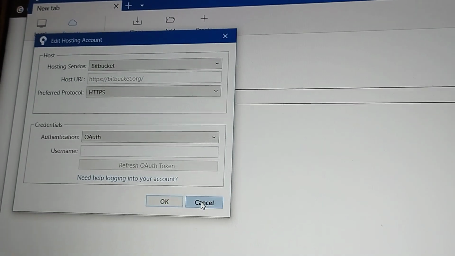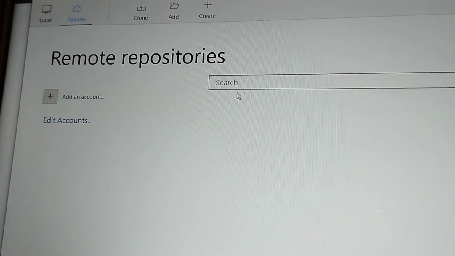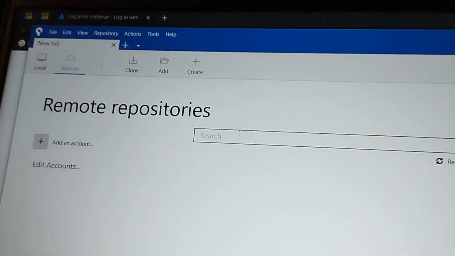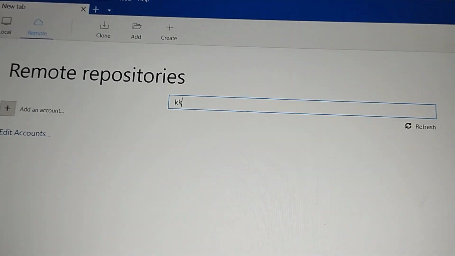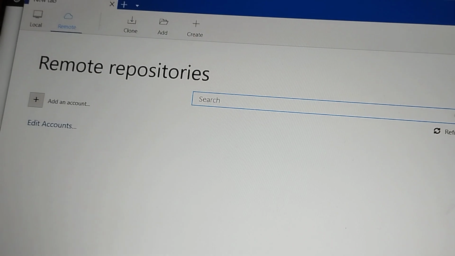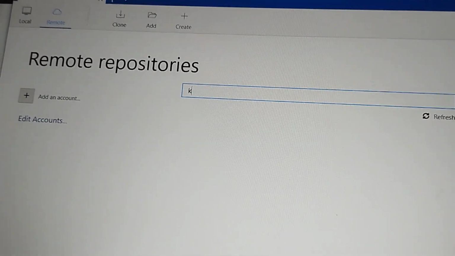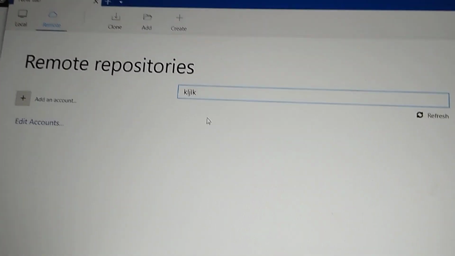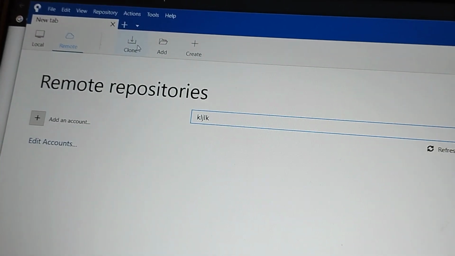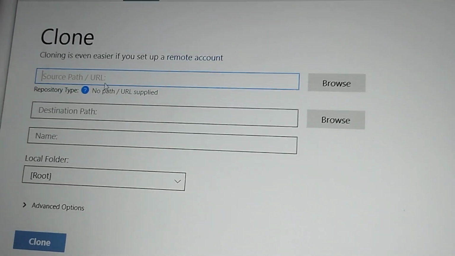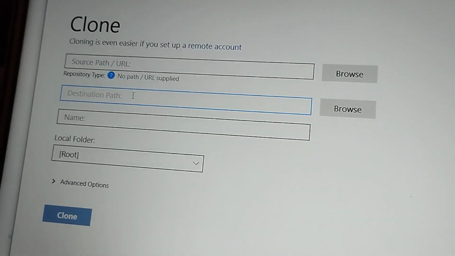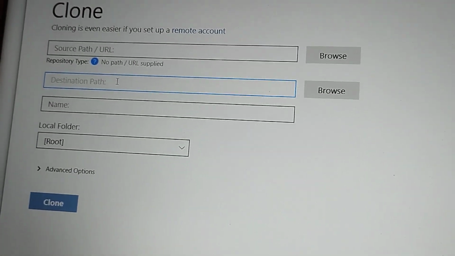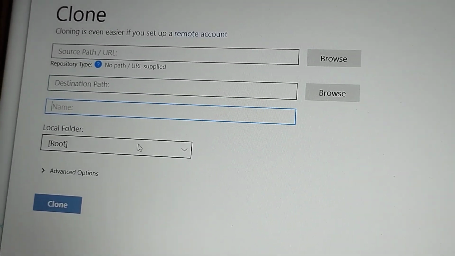So let's say you have an account attached here, you can search your repositories here, and after selecting that repository you can go to clone. You can clone here, give the project URL here, and the destination path. This path would be your local path, and then you can name it, and then you can